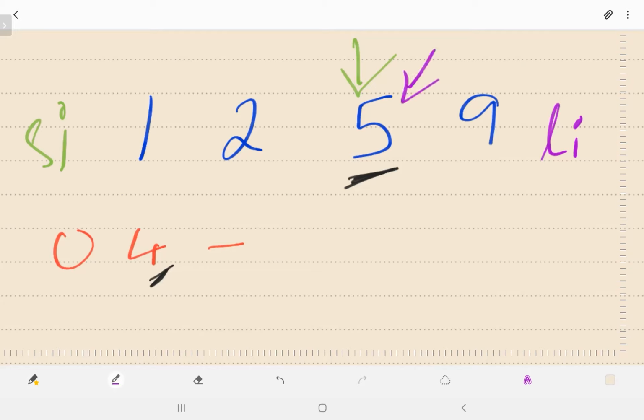Now that Si and Li have converged, our loop ends and we simply return that value. As we can see, the location of 5 is 2. So we return 2, but our final answer is going to be n minus that value, where n is the length of the array. In this case, the length is 4. So our answer will be 4 minus 2, which is 2.